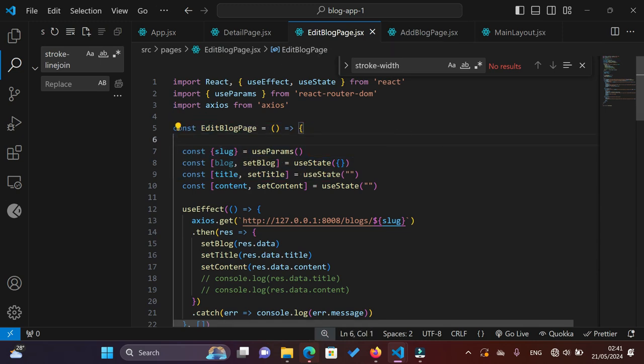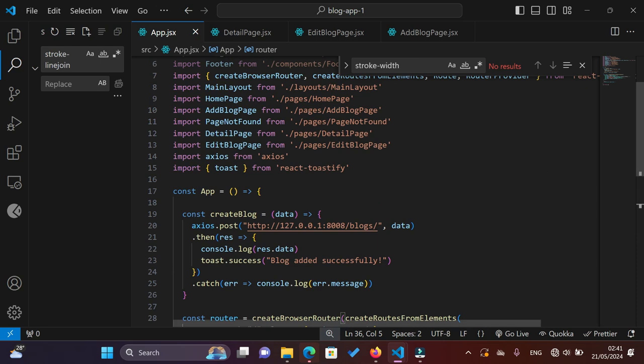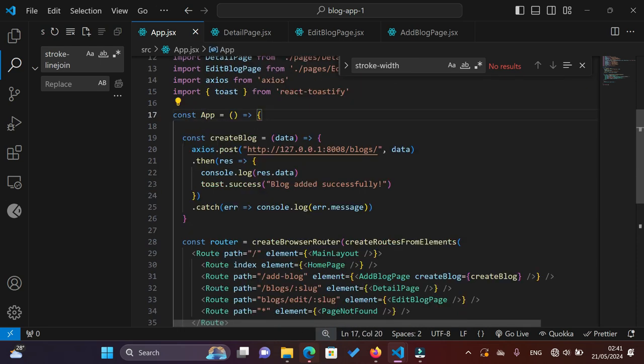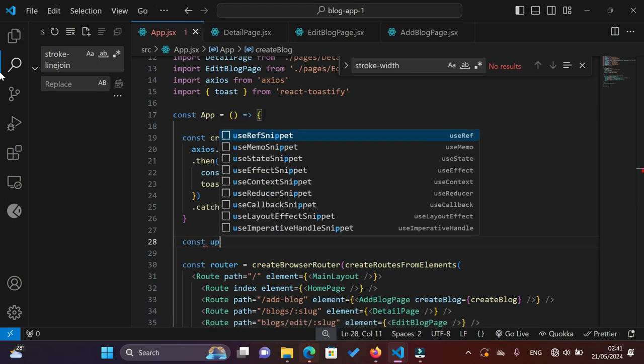I'm going to go down to the parent component and then write the function that is going to simply hit our backend. And the parent component is the app component, right? Because that's where we have this blog detail page embedded. This is the edit blog page, and it is inside of the parent, the app component. So right now I'm going to simply declare a variable. I'm going to say const updateBlog,